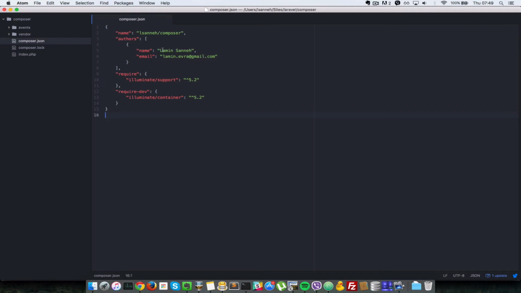So the first field that you'll encounter is the name field in your composer.json file. And usually, if you are not developing packages, it doesn't really matter what this name is, as long as there's no spaces in between like this, you'll be fine. So you can just name it whatever you want. Just say for example, my project. It won't make a difference, but if you're developing packages, which we won't cover just yet,